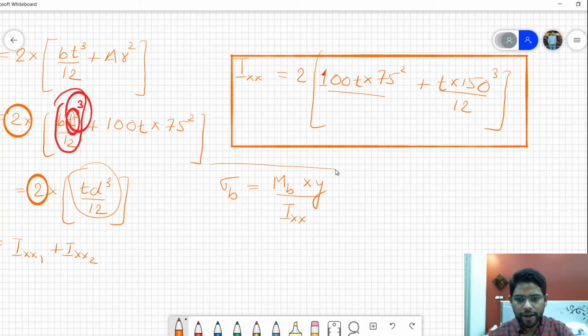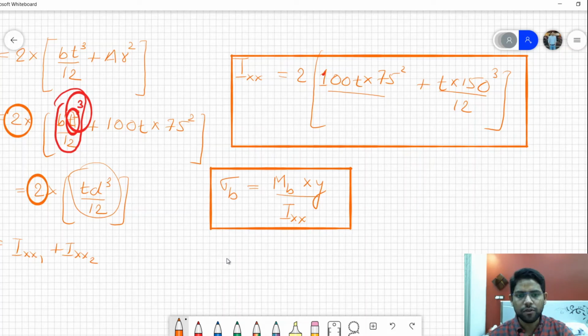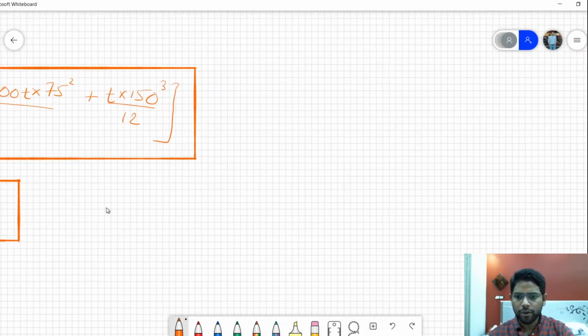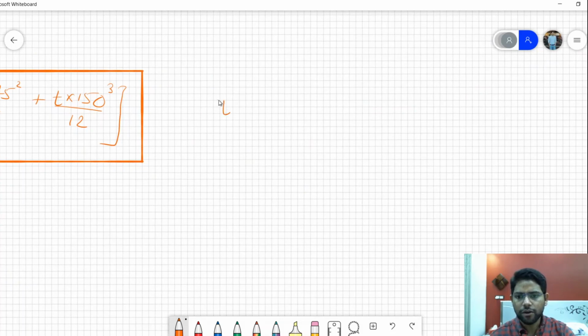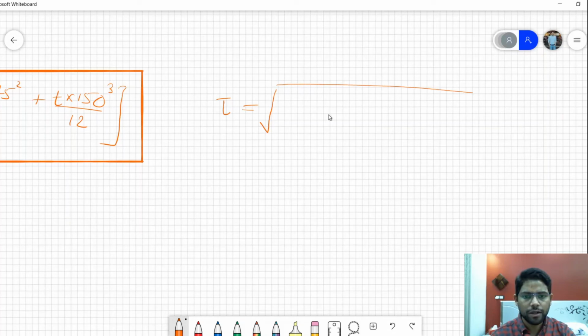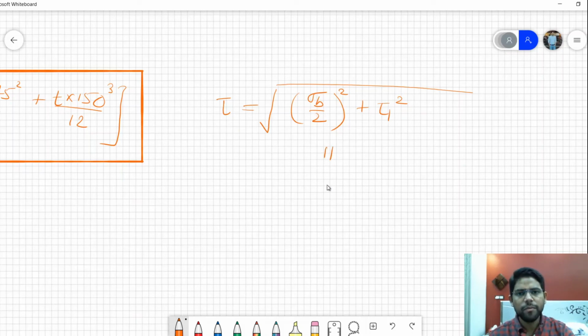Once you have the bending stresses, and you have already calculated the primary shear stresses, with the help of these two values you can very easily find out the resultant shear stress developed inside the weld. This will be equal to the square root of (sigma b upon 2) whole square plus tau 1 whole square, where sigma b is the bending stress, and you will equate this value to the permissible shear stress